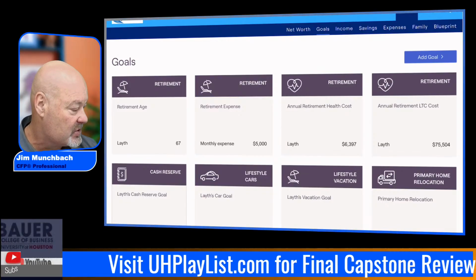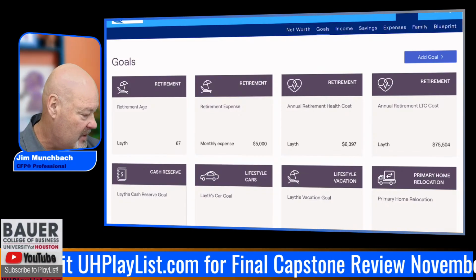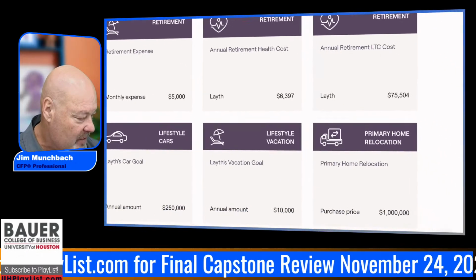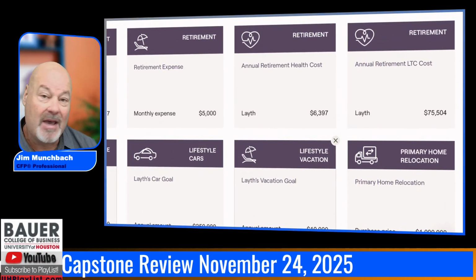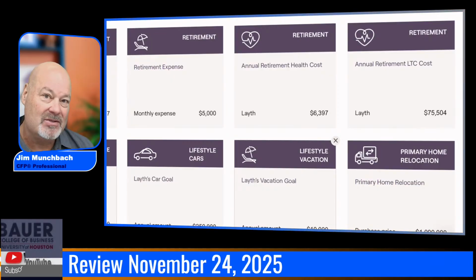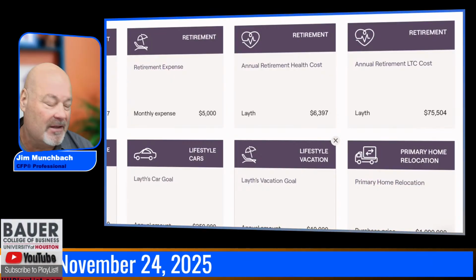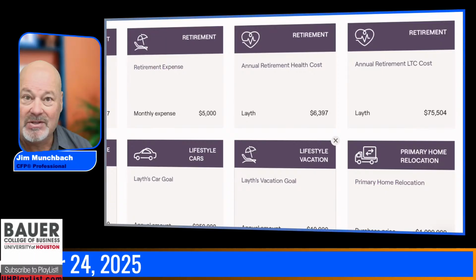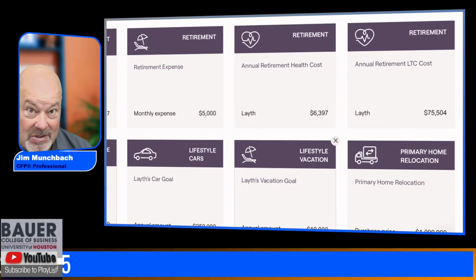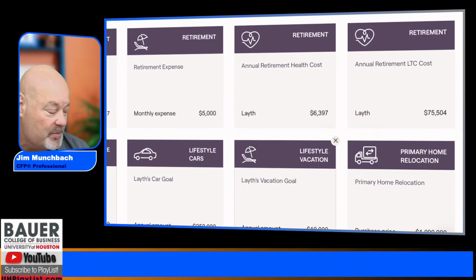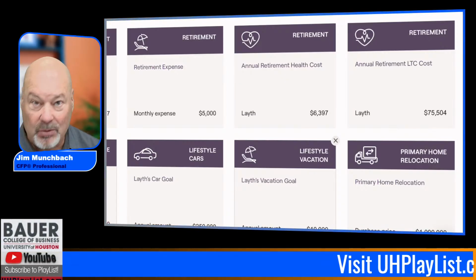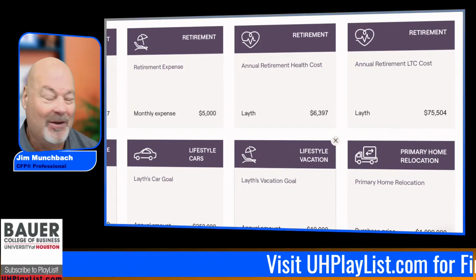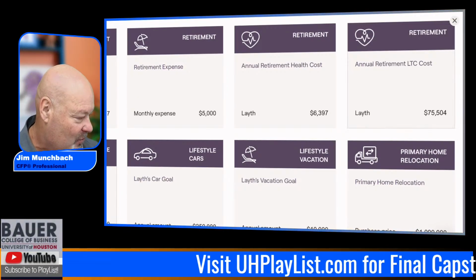So these goals are another one. And this one I see regularly, you want to relocate your home. So purchase price $1 million. Do you have any idea what that does to your financial plan? Usually I would spend some time and go through this and show you exactly how that would affect your financial plan. But that would be in a plan where there was really only one anomaly, one weird thing going on. In this case, we have a whole lot of things.